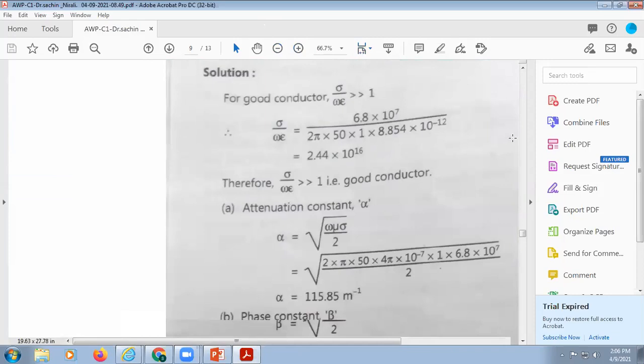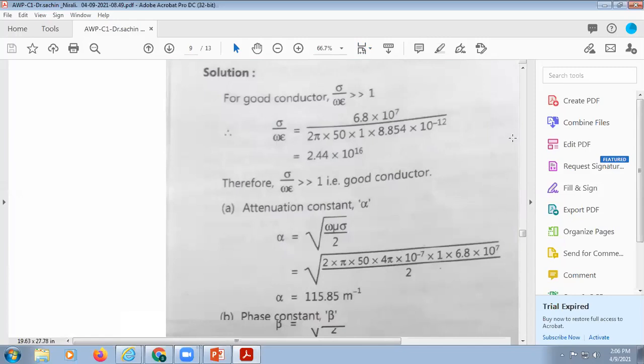Last time also we have simplified on this one. Again, I am repeating. So that is a loss tangent, tan theta is equal to conductivity divided by omega epsilon. So for the good conductor, this is the condition we need to apply for finding whether our conductor is a good or bad. So conductivity divided by omega epsilon is greater than 1. So that time you can say good conductor.